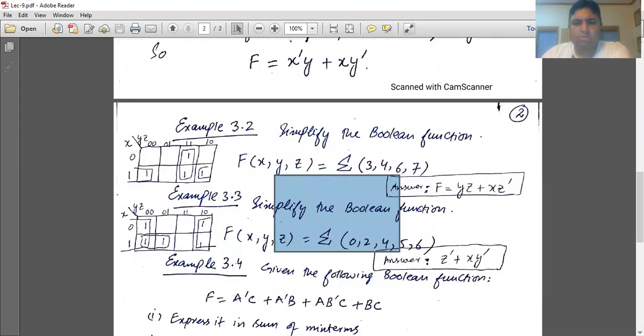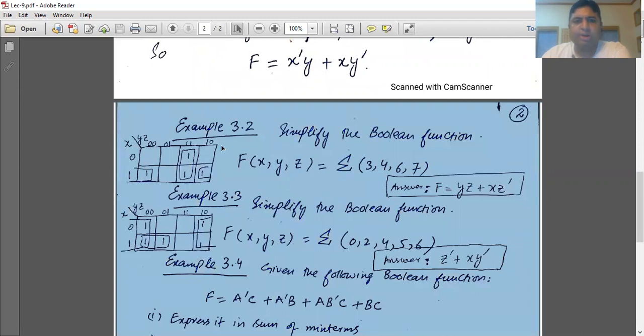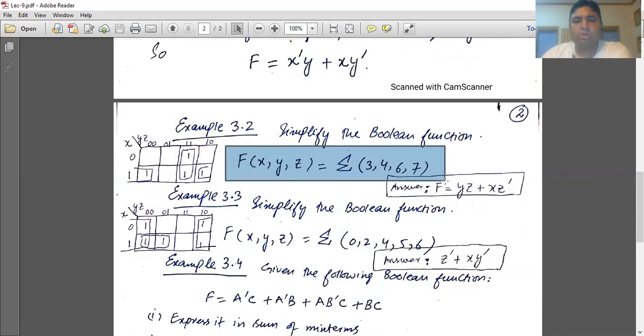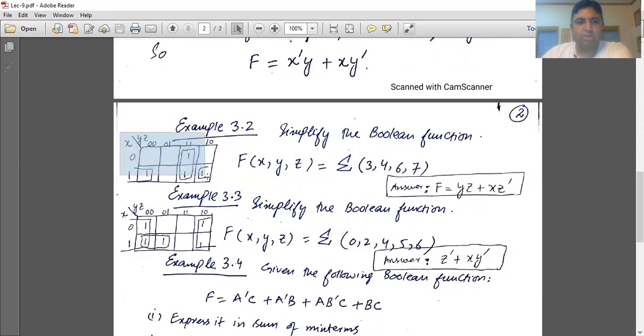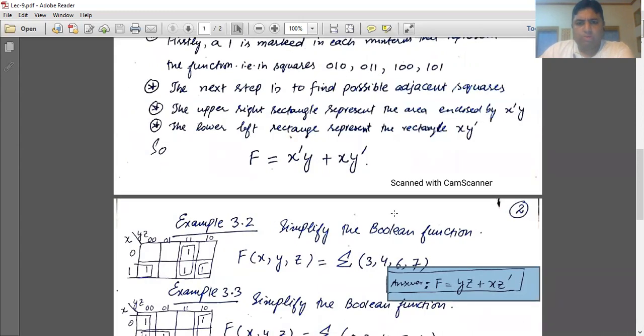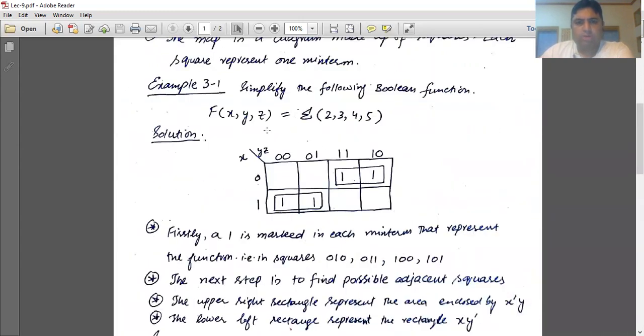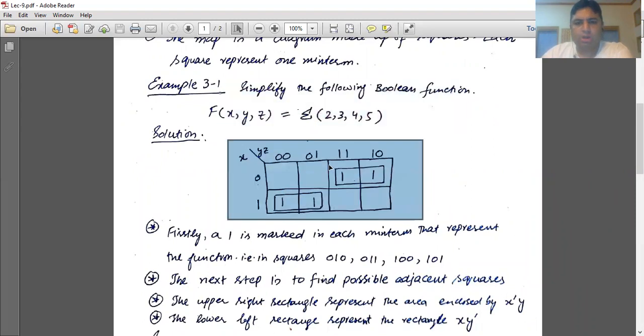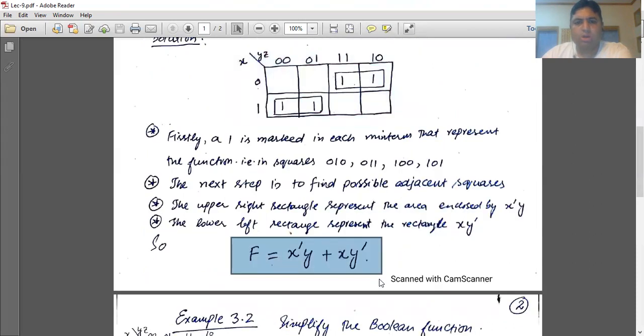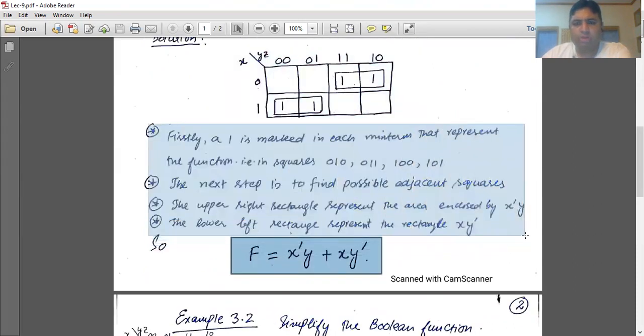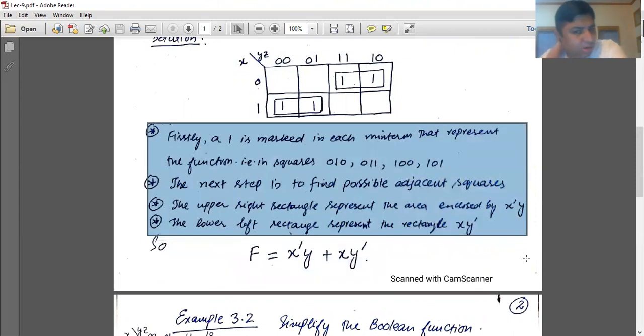I basically made this lecture by only writing the questions and giving this question to students. Then I solve this question in this place and write the answer here. Whenever you solve this question, this is the given question. You have to make a K-map, and then you take an adjacent scale, and then you write the answer. So these four English steps are not basically required. You actually do these practically. So these four lines are not required in solving all the questions.